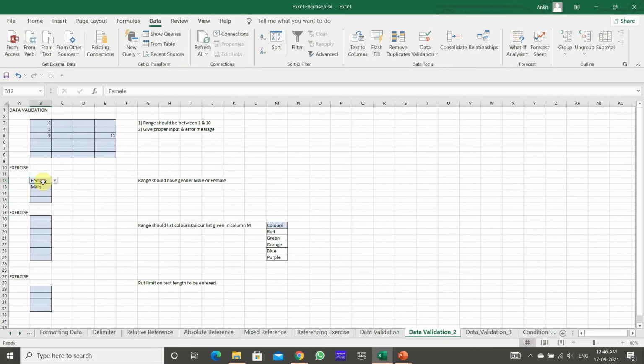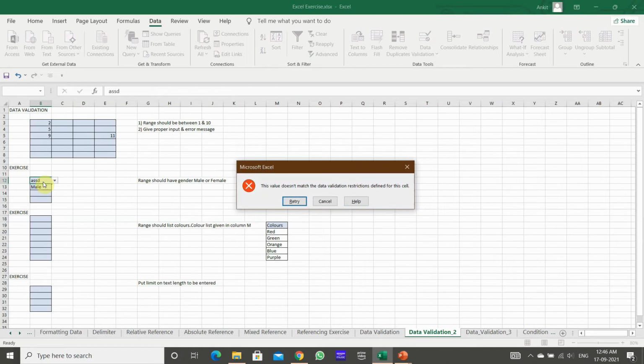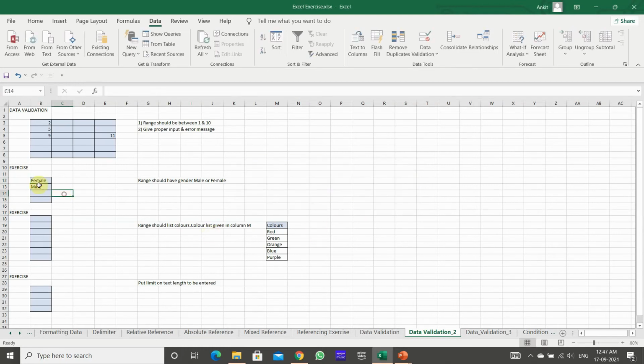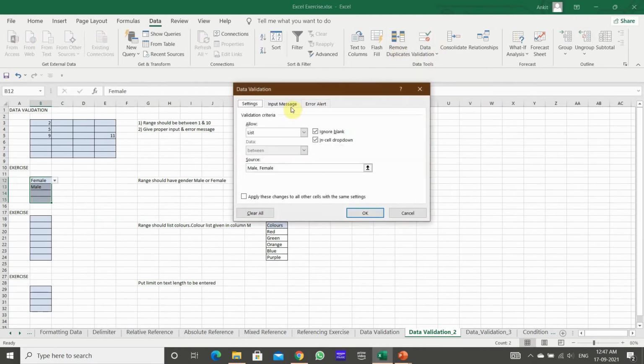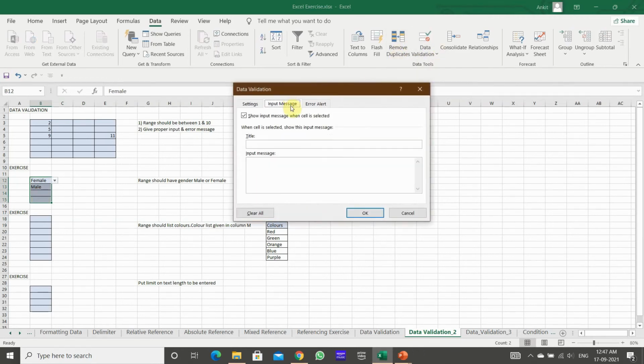And if you try to enter something else, an error message will come. As we have seen in the earlier exercise, how we used the error message according to our requirement, we can do similarly here as well. Let's do it. Stop.